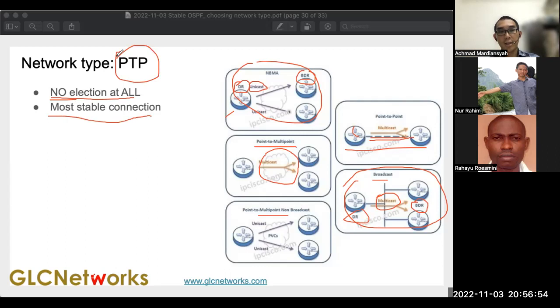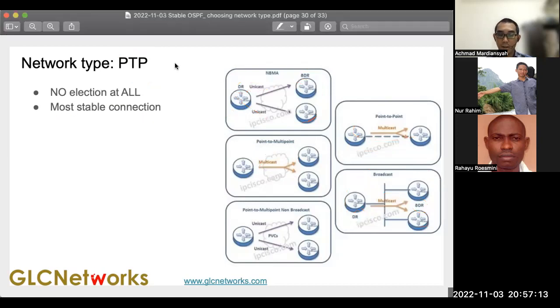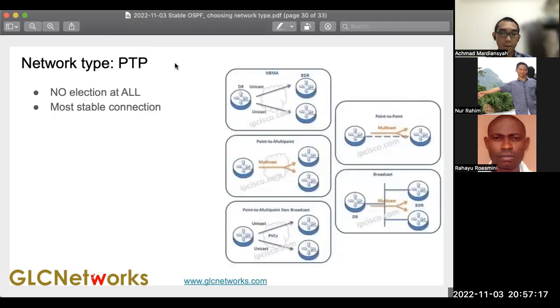So even though it is Ethernet, even though it's more than 2 routers, 5 routers, 4 routers, you can use PTP. Any questions so far? No? Okay. So the problem with the DR and BDR here, based on our experience, is